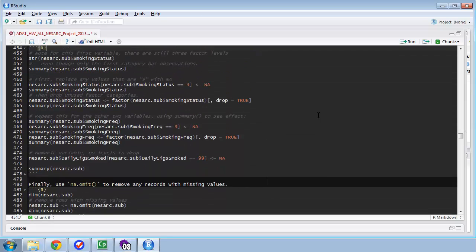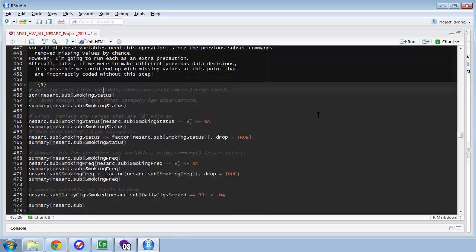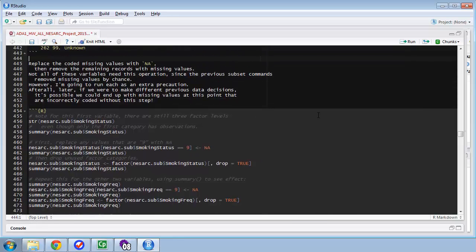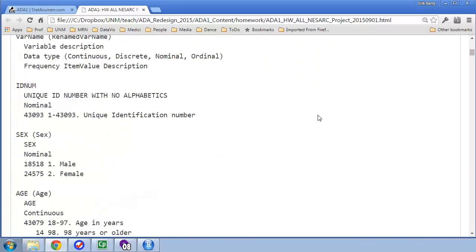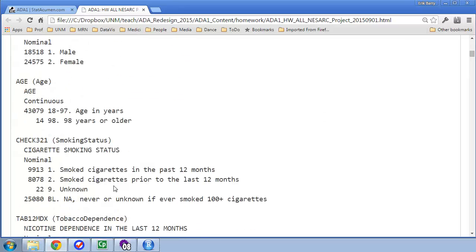You know what, I'm going to say a couple things. Some of the variables, and I need to go ahead and look at the code book for this. I'm going to go up to the homework 1. Some variables have codes for missing values or unknown. So for example, smoking status, this check 321, has a code number 9, which is unknown. So I want to code those as missing value. So if I go back to smoking status,